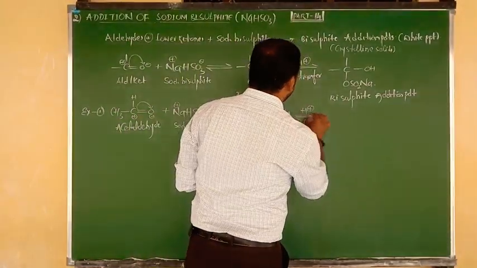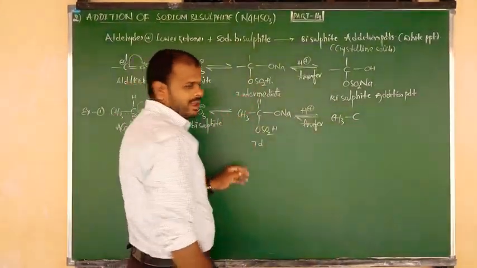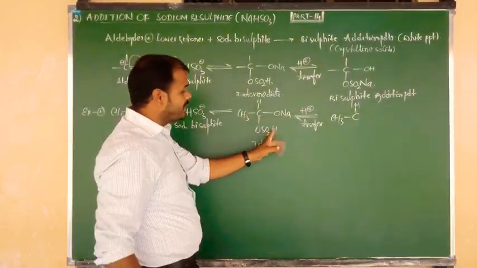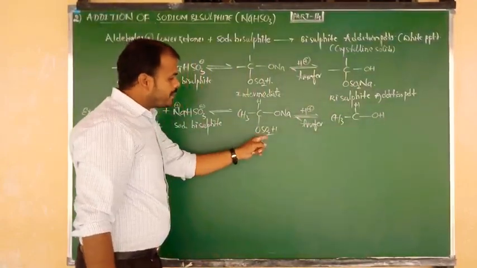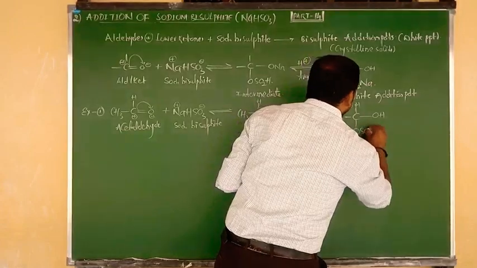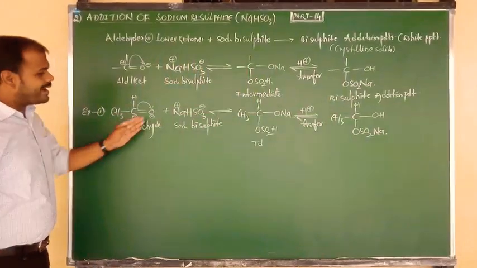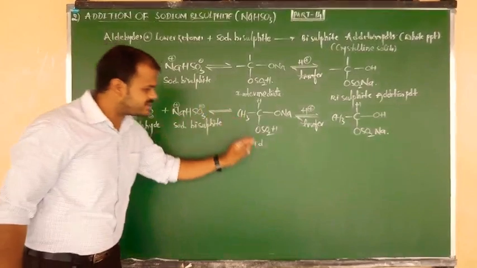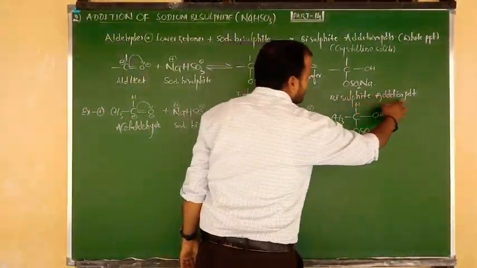Okay, now what is the final product we are going to get? CH3 bonded to C, above plane H I have written here. Right plane ONa, but the position of sodium is taken by H due to transfer of proton, so we have to write OH. Below plane OSO2H is there, H place taken by sodium, so we have to write OSO2Na. Clear? So aldehyde on reaction with acetaldehyde, on addition by sodium bisulfite, forms an unstable tetrahedral intermediate which upon proton transfer changes into the bisulfite addition product.